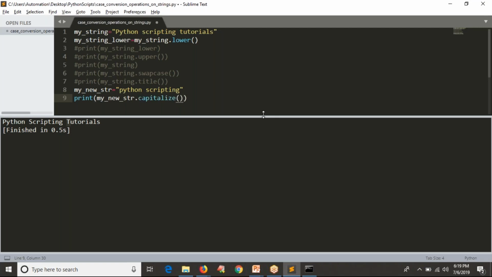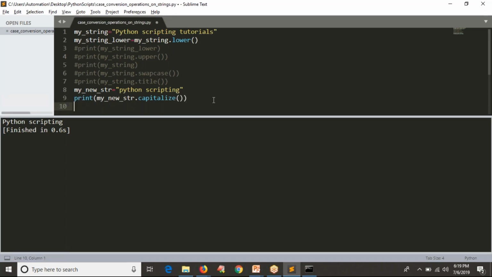Only the starting letter in a given string you are making a capital. That's it. That is the format of capitalize, right? Capitalize. Fine. So guys, these are some of the operations on your given strings to convert one case to another case, or swap case, or title, or capitalize, right?